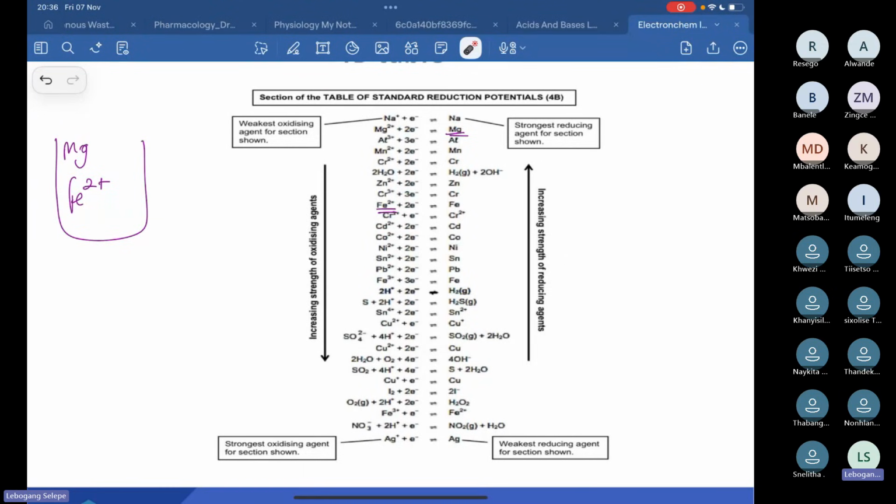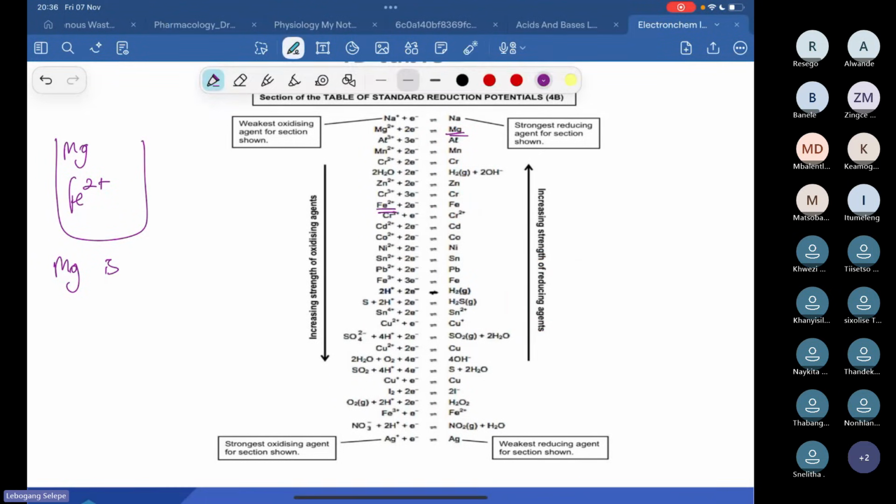But in the exam, guys, they don't want you to explain it with the analogy that I just gave you. You can't say Mg is above Fe2 plus. It's not allowed. You need to explain using the reducing agents or the oxidizing agents. Let's explain using reducing agents why Mg is fit enough to donate to Fe2 plus. So point number one, if I'm using reducing agents, I'm going to compare Mg with Fe, right? I'm going to say Mg is a stronger